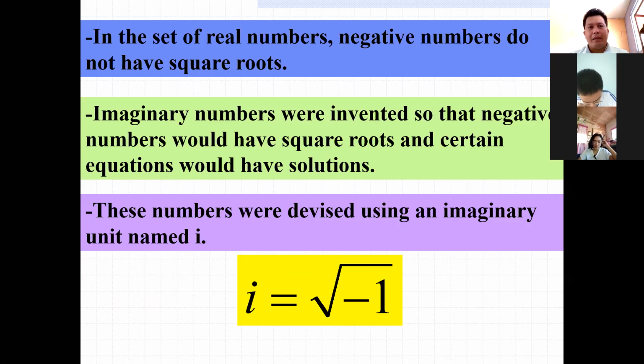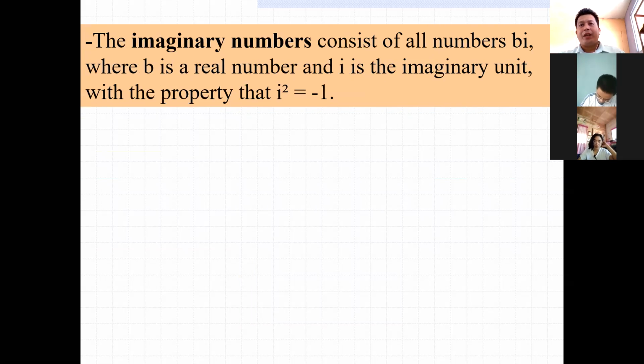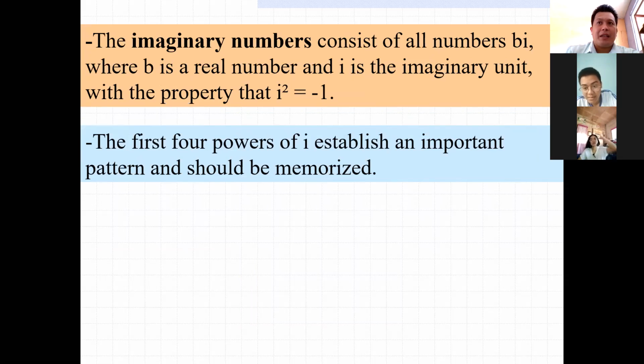So in the powers of i, please look at your module. You have there the square root of negative 1 is i, or even in the beginning of the module class, you have there the square root of negative 1 is i. If we're going to consider this in the powers of i class, if we have the square root of negative 1, which is i, then i squared is equal to negative 1, and i to the power of 4 is equal to positive 1.